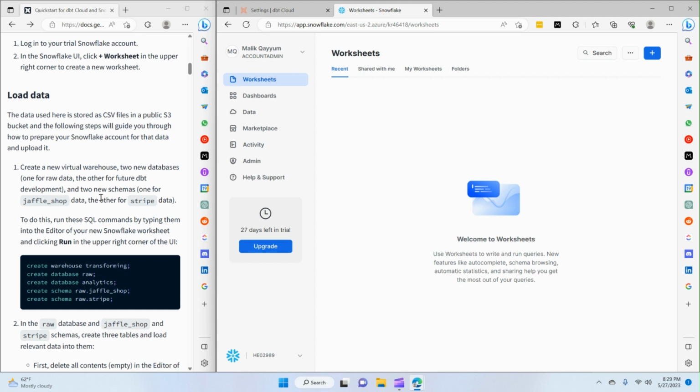All right, so the first step is basically loading the data into our Snowflake, and for that we have to go through a couple of steps. The first thing, we need to have a virtual warehouse set up, and then we need two databases eventually for each of the data sets that we are going to use for this